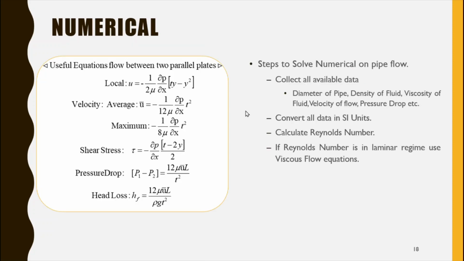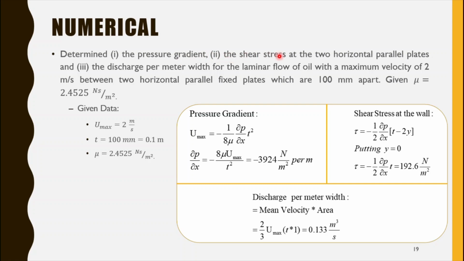Now let's move on to the last topic of today, that is numerical. To solve the numerical, use these equations, and our steps are the same. First collect all data, convert all this data into SI units, calculate Reynolds number, and if it falls in the region of laminar flow, use these equations. Determine the pressure gradient, second, the shear stress at the walls, and third, the discharge per meter width for laminar flow of oil with maximum velocity of 2 meter per second between two horizontal parallel fixed plates which are 100 mm apart,